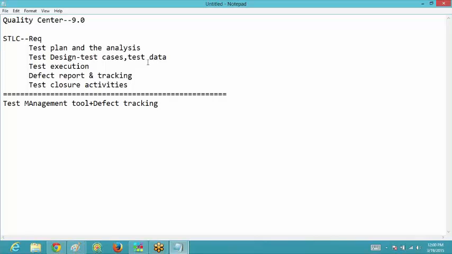This is the reason it is known as the management tool, which is used by the management people so that all the things are under one roof only. Because in a team I would be having some 5 or 10 testers, and they would be writing down the test cases. If suppose that there is no tool, then they would be writing down the test cases on their own systems in their Excel sheet.